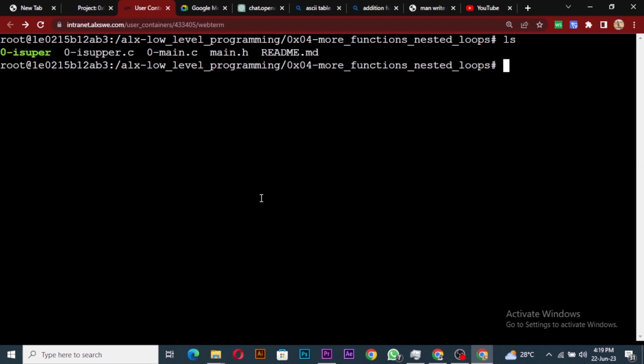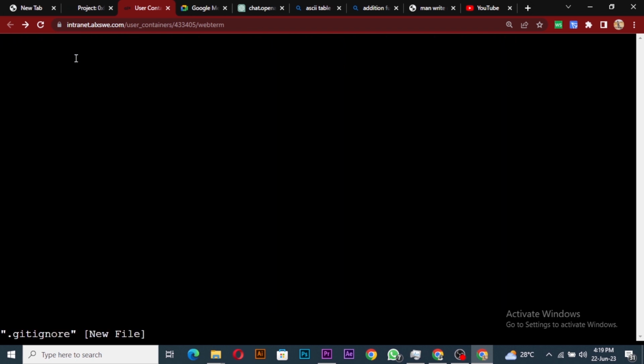Okay, so I want to git add everything: this one, this one, this one. I don't want to git add these. So I could vi the .gitignore file. The .gitignore contains files that git should ignore. So I could add my 0-main.c and my 0-is_upper, right? So I'll do like this, and then I'll add my 0-main.c,